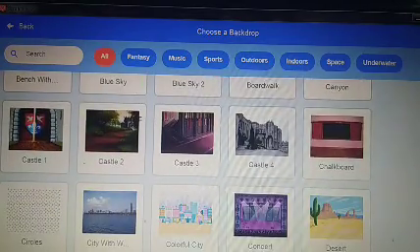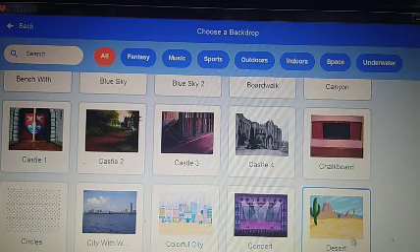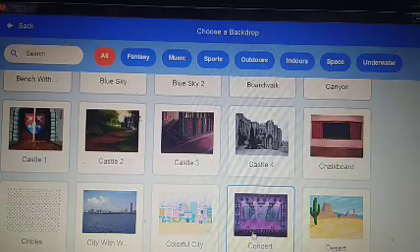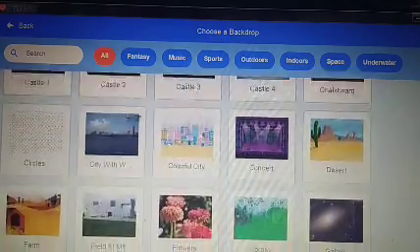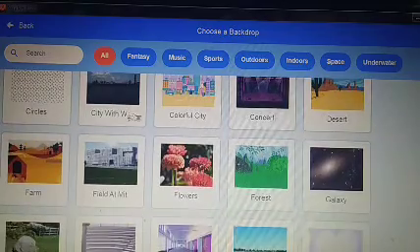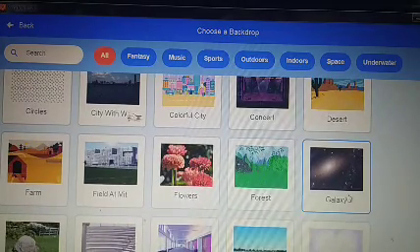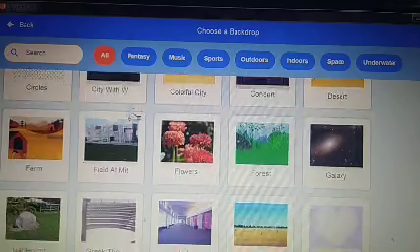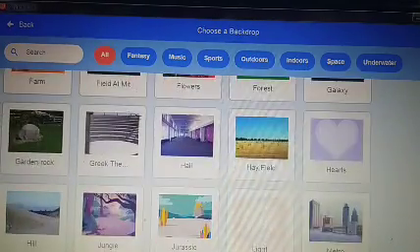If your story is about a desert, here it is desert. This is concert; you can create a concert scene. This is galaxy, where you can create an aliens story.